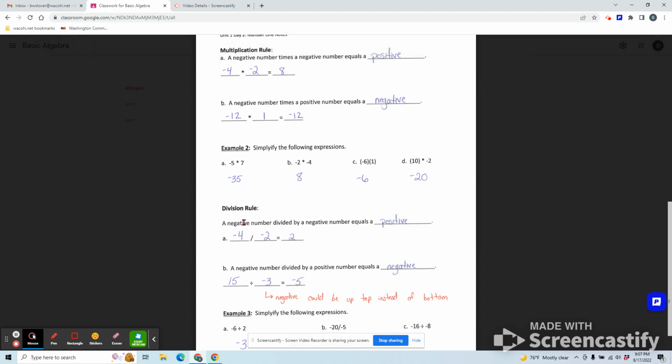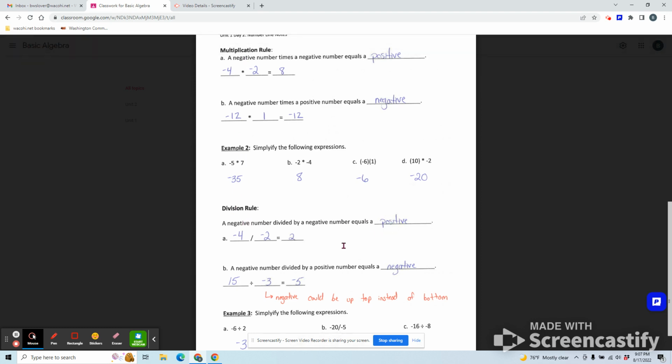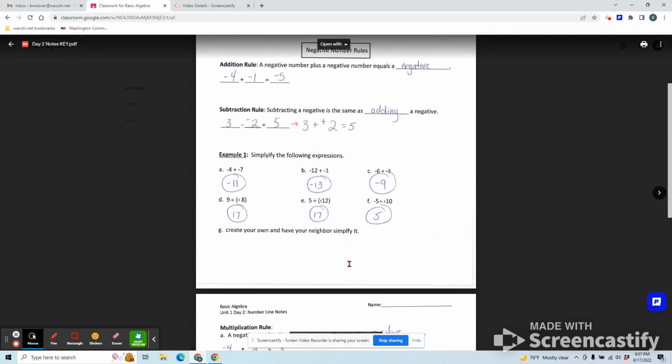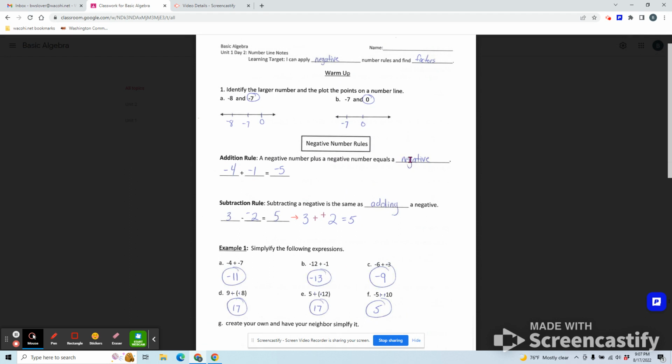If you multiply or divide by two negatives, you get a positive. If you multiply or divide by a positive and a negative, your answer is negative. If you add two negative numbers together, your answer is negative. And then the only thing that we can say for sure about subtracting a negative